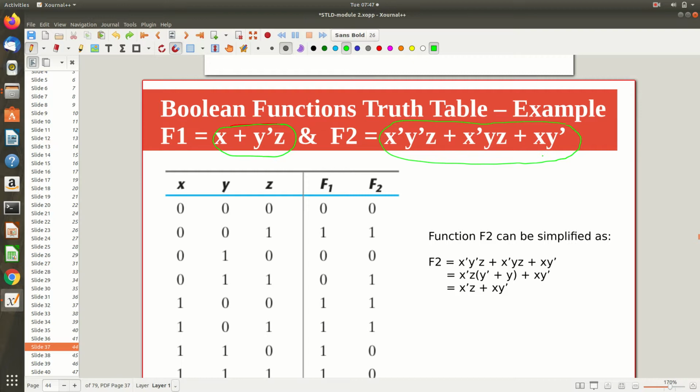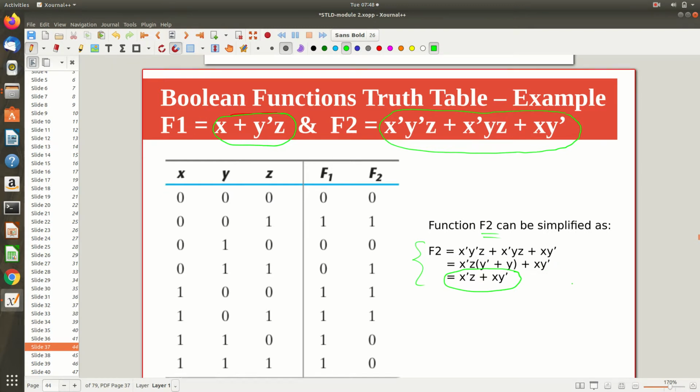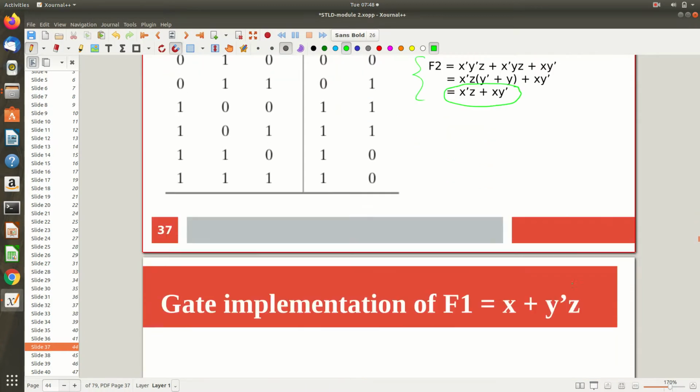Okay, that's all. The final answer is given, that you can verify. And there is one more thing. This f2 can be simplified like that. This simplification we will see in detail. After that you come back and you can see that this bigger expression is actually this very small expression. How this simplification is done, I will give in the next video. We will see some standard examples, and then you will be able to simplify any bigger complex expression. I will do that in a systematic way, so don't worry about the steps right now. After finishing that video, come back and see whether you are able to do this simplification.